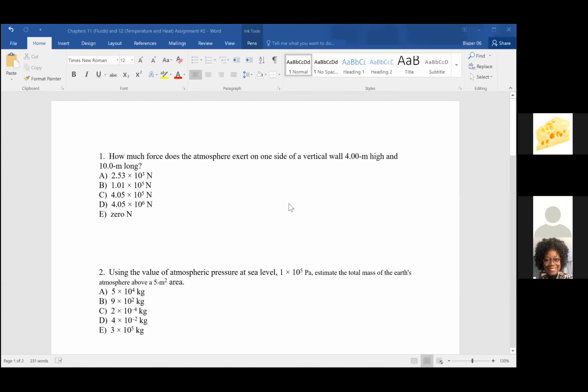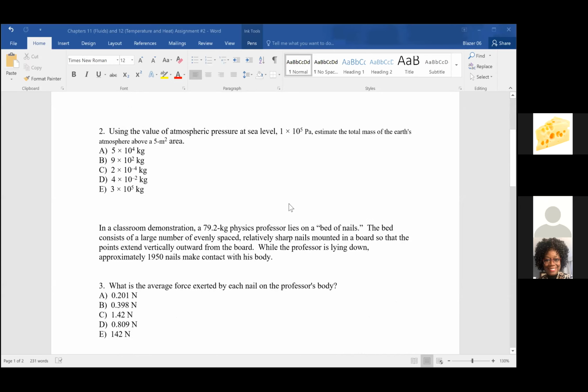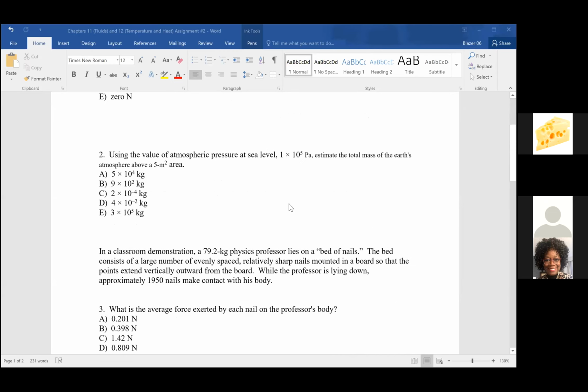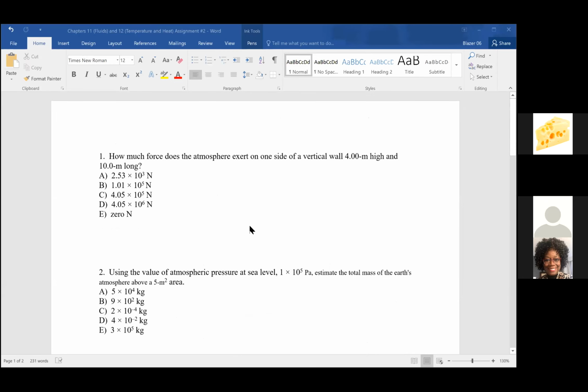Okay, so here we have another assignment, only 4 problems, and we're going to just look at some of these kind of quickly. But what I want to point out is something that I failed to put on the equation quiz, but you can add it to your notes. And I want you to know, because you hear this term 1 atmosphere. So when you hear the term 1 atmosphere,